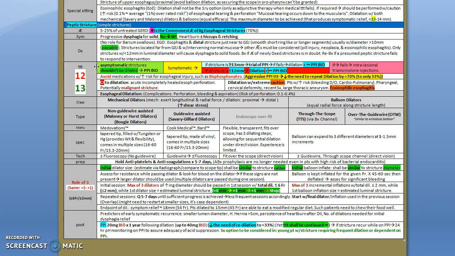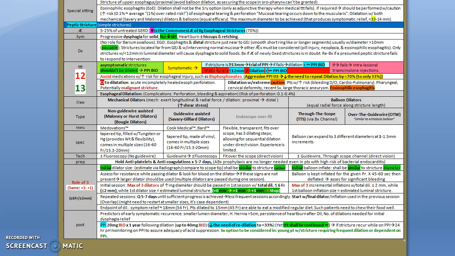If at any time the patients are asymptomatic, you shouldn't dilate at all. And no matter what the caliber is, you just use a PPI. If they were symptomatic, you look for the caliber now through the EGD. If the lumen is 13 millimeters or more, you have a chance to start a trial of a PPI. If that fails, you go ahead and dilate the patient and keep him or her on indefinite PPI